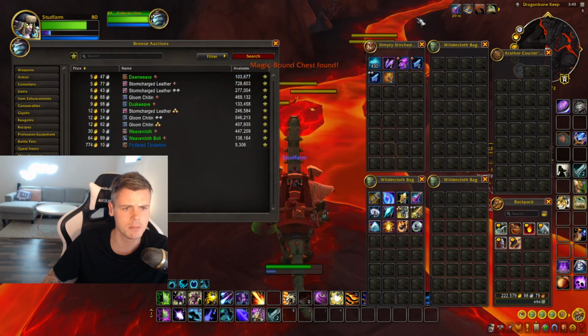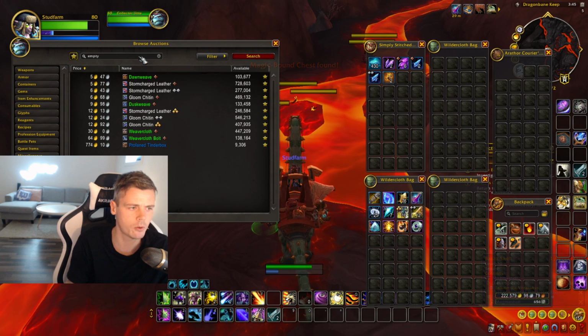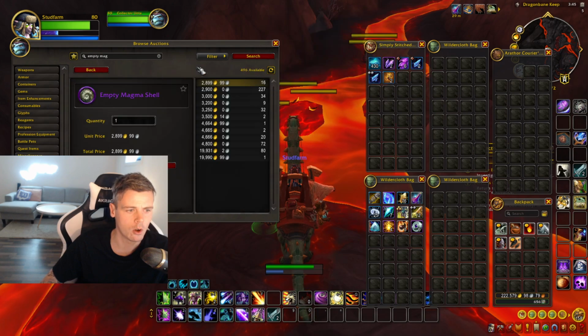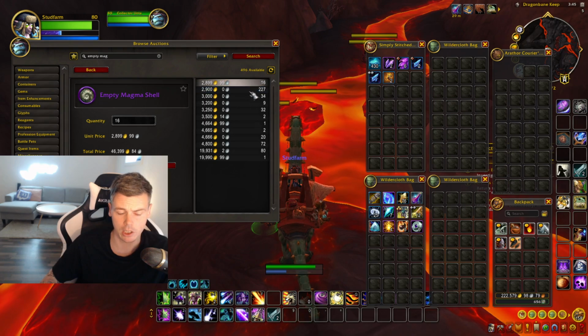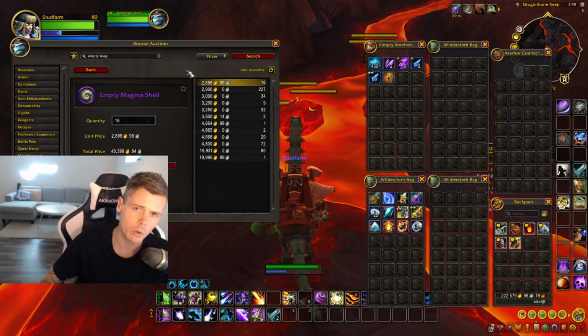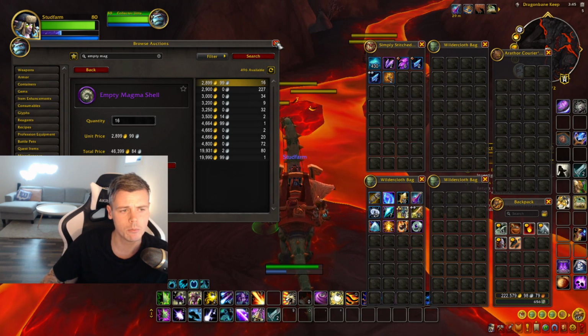And I think this is going to be even better further down the line. Right now on EU, they are sitting at almost 3,000 gold each. You'll see there are a lot of auctions up for these bad boys, but they have been going up in price. On EU and NA, they've been slowly going up in value. So I've been farming a couple of these with the intention of just